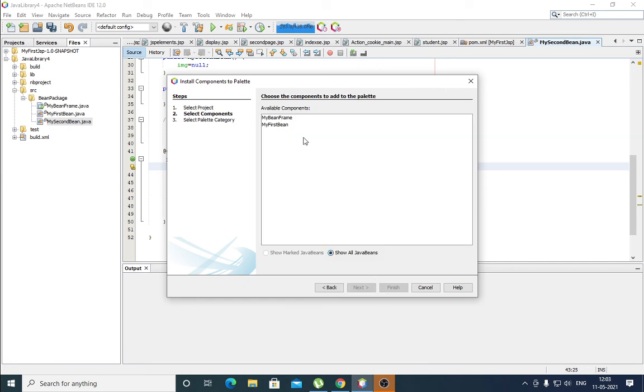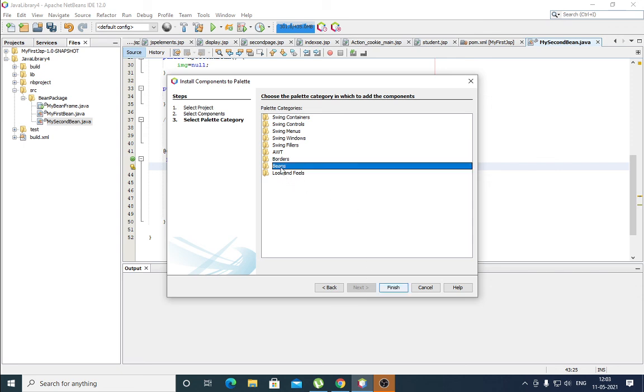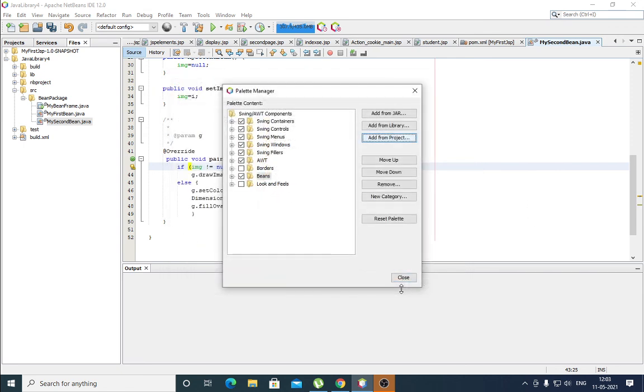Next, my first bean. Suppose it will list all the beans. Here next, beans, finish. If you want to add from a project, then this is the process. Close.